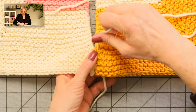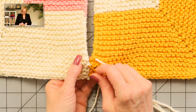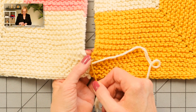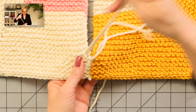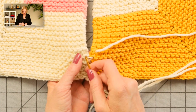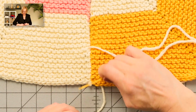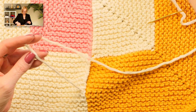And it ends up going quickly because we're working with big chunky stitches here. And you always know you're on track because the big chunky stitches show your garter stitch ridges lining up beautifully. Okay, you see how beautiful that is? So you seam all of your pieces, all of your mitered squares, up into strips, and then the next thing